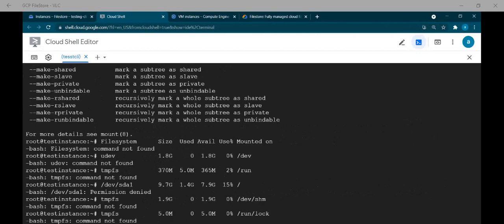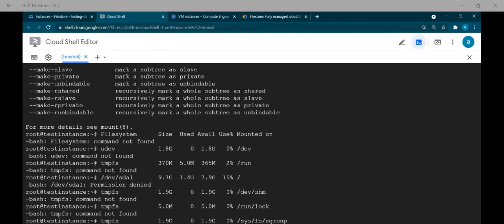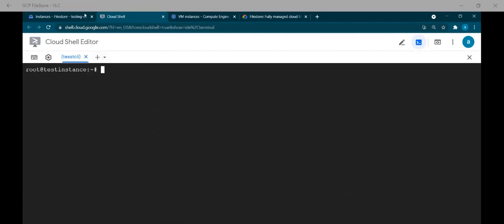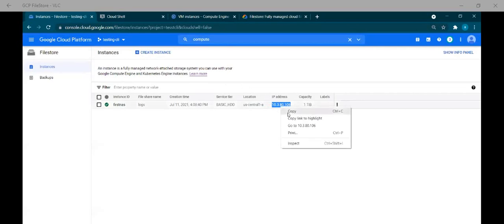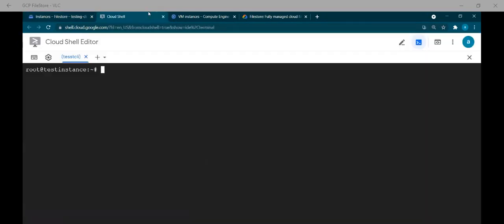Mount your IP address. Sorry, what is your IP address here? Let me copy it again. Mount IP:/logs, right? So where you want to have it? /mnt/test. Okay, let me create that. This is a new one, right? mkdir /mnt/